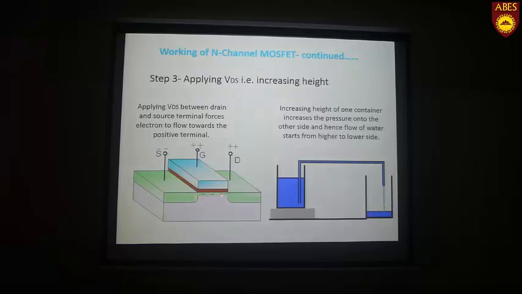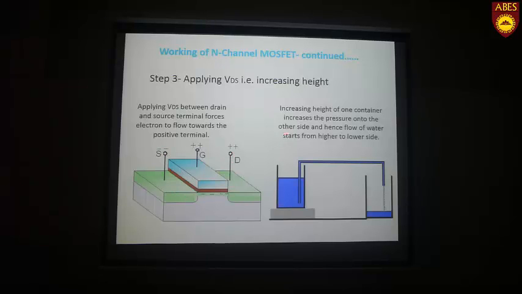Negative charge carriers, that means electrons, will flow from here to here, and the same number of electrons which come to this point will be provided to the negative terminal of the battery and will come back here. Similar to the water flowing from here to here because of the greater height, when we apply some potential, electrons are attracted and they conduct electricity in this path, right? So this is the second step, how electricity flows from drain to source. Why? Because electrons are flowing from source to drain, the direction of current is opposite, that means drain to source.